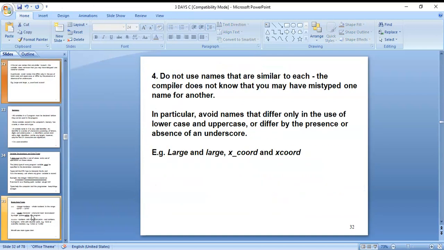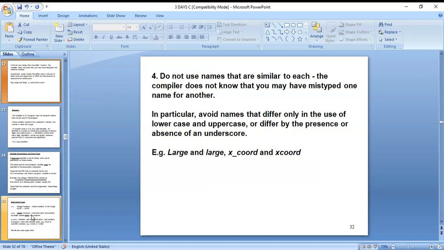And here, do not use names that are similar to each other. The compiler does not know that you may have mistyped one name for another. You can't give similar names.